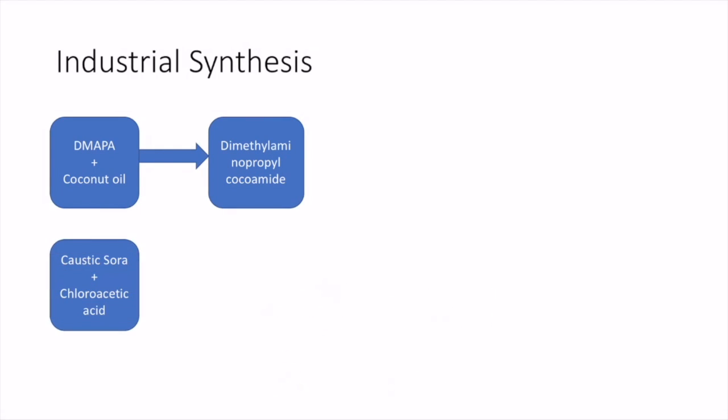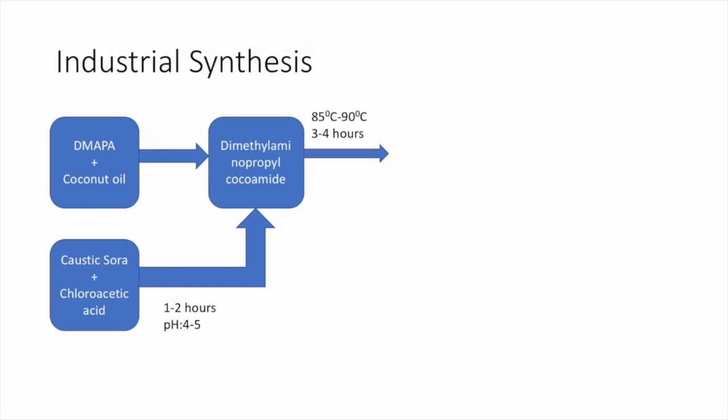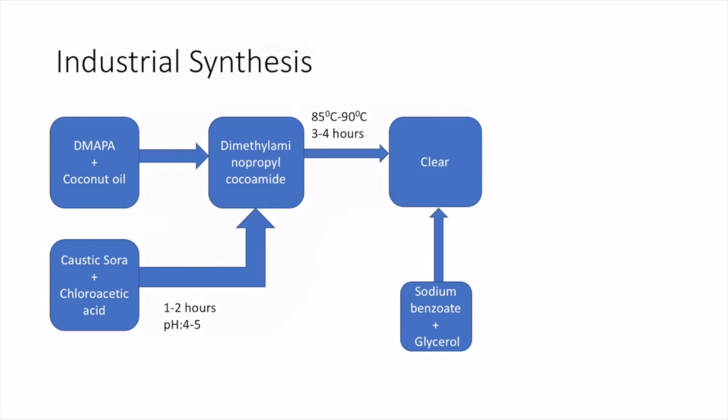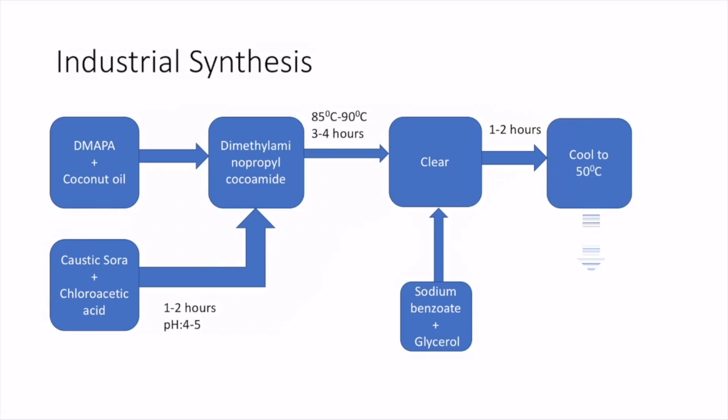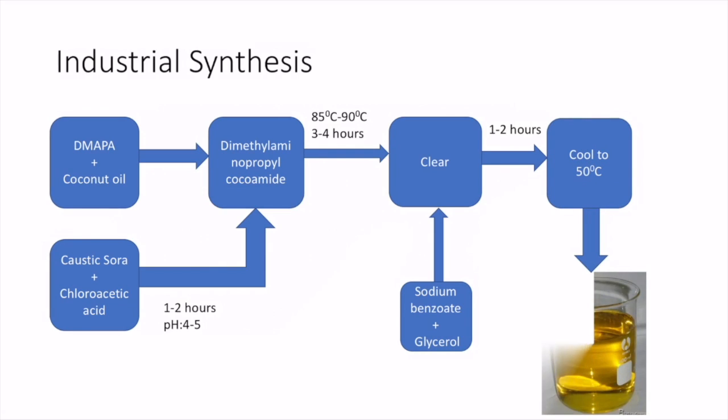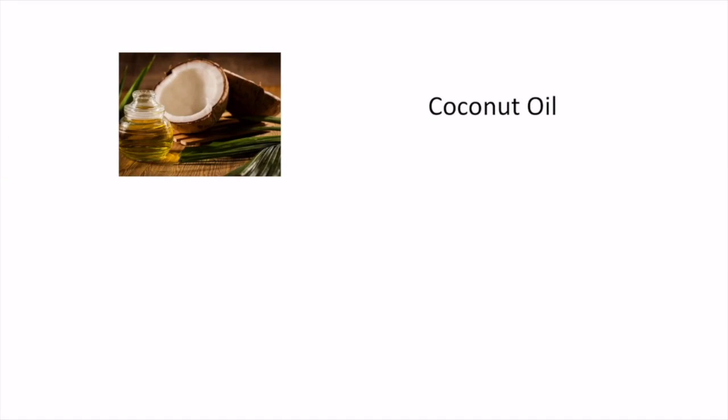Caustic soda is then mixed with chloroacetic acid and water for 1 to 2 hours at a pH between 4 and 5. The temperature is then increased to between 85 and 95 degrees Celsius, and the reaction is continued for an additional 3 to 4 hours. When components are clear, sodium benzoate and glycerol are added to the solution and reacted for 1 to 2 hours before the solution is cooled to 50 degrees Celsius, where the pale yellow CAPB liquid is ready to be packed up. While coconut oil is extracted from coconuts, you may be wondering how DMAPA was made in the first place